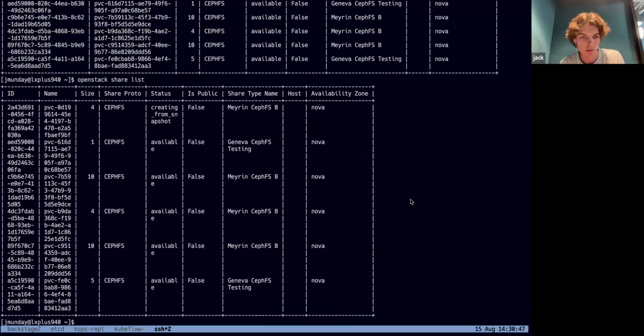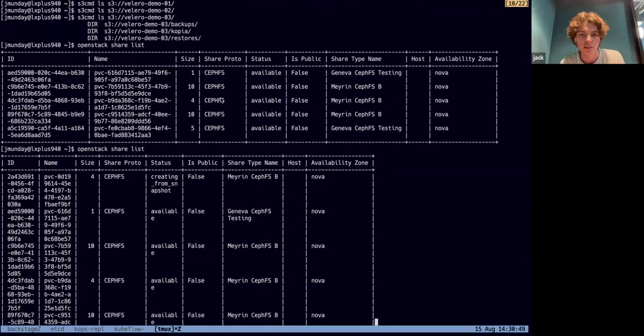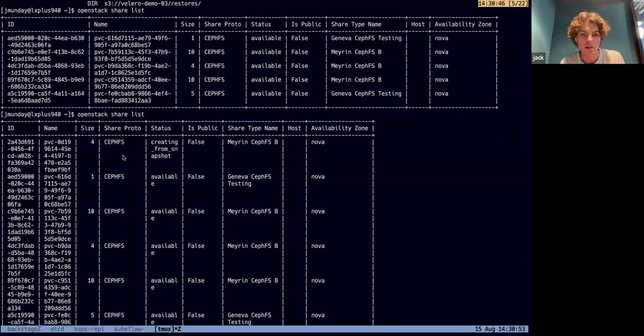Let's see if it's doing it yet. Oh, that's not very easy to read. But you can see previously there was only one PVC with 4 gigabytes, whereas now there are 2. And you can see that this is marked as being created from snapshot. Velero is maybe about 75% of the way through the process. This snapshot's already been created. I'm now creating my copy PVC, which will then be used to transfer my underlying mock users table from my cluster to